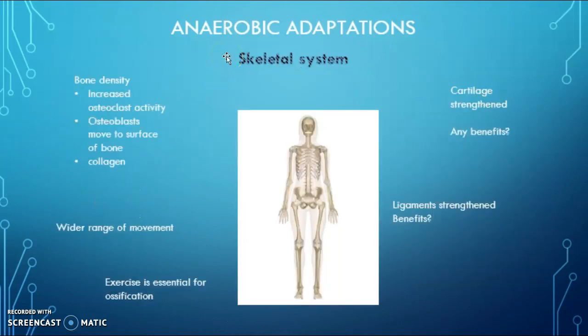Finally, adaptations to the skeletal system are that bone density increases. This is due to many factors, which are osteoclast activity increases, so bone tissue is broken down, repaired, and then remodeled to increase bone density. Also, osteoblasts move to the surface of the bone and synthesize collagen to form a dense bone tissue, therefore increasing the bone density. Another adaptation is that you can get a wider range of movement, which is very useful for